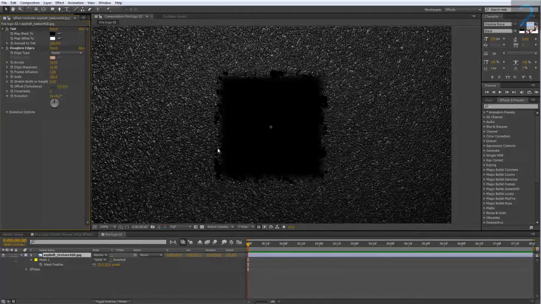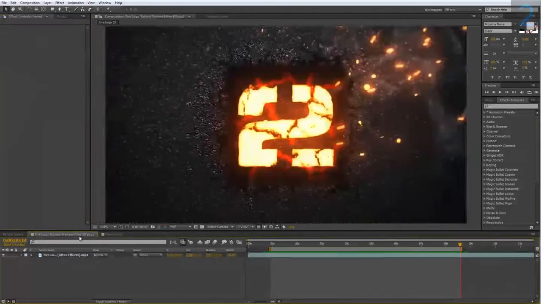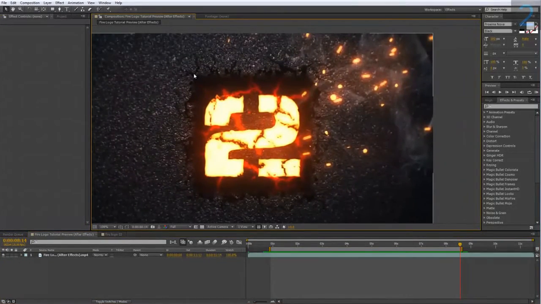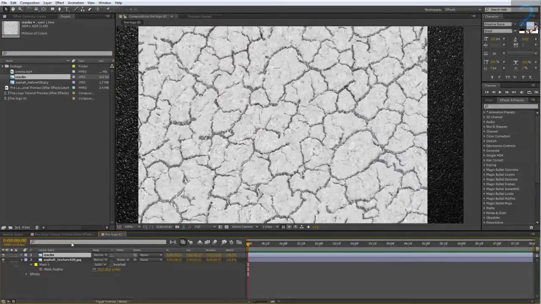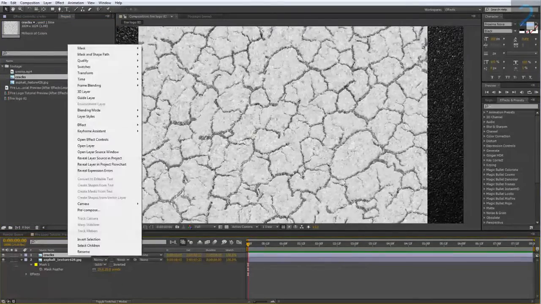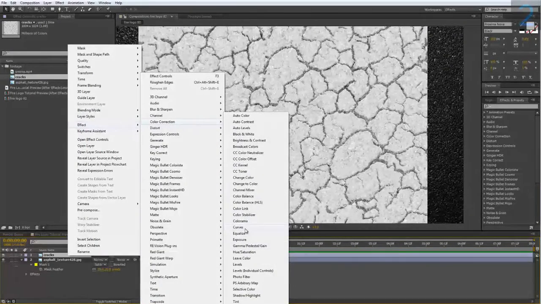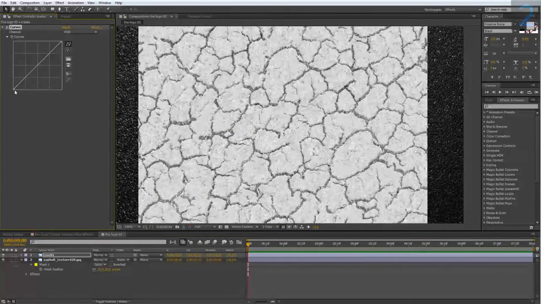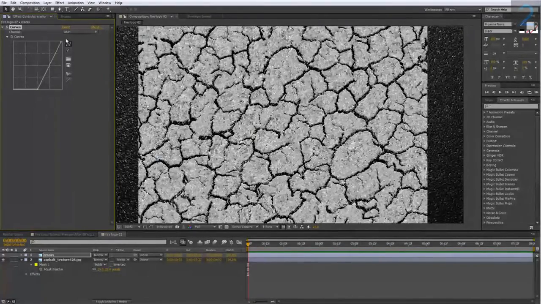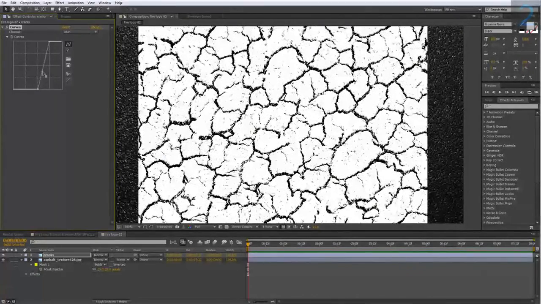Okay, that is better than what we started off with, but I also want to add this sort of cracks effect, which just recedes into the rest of the texture and kind of fades out. And for this, we are going to use our second image. So this right here, I want to apply a curves effect, and let's just increase the contrast. So draw a curve similar to what I have here,